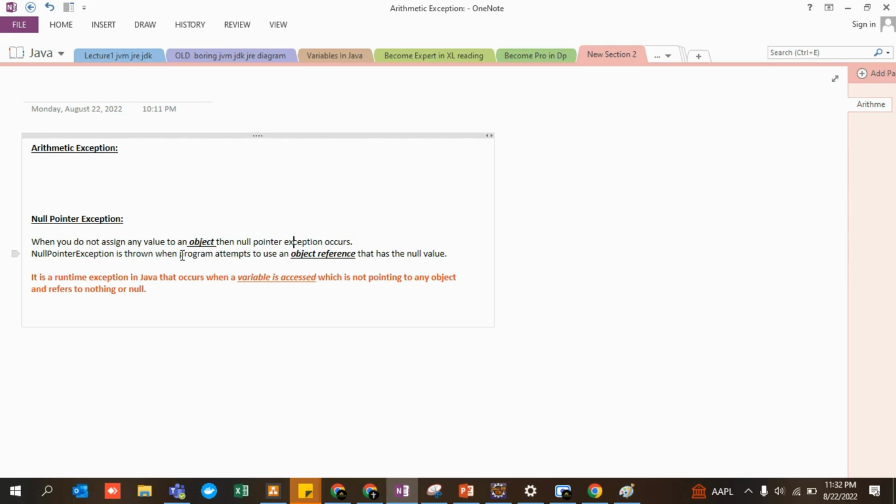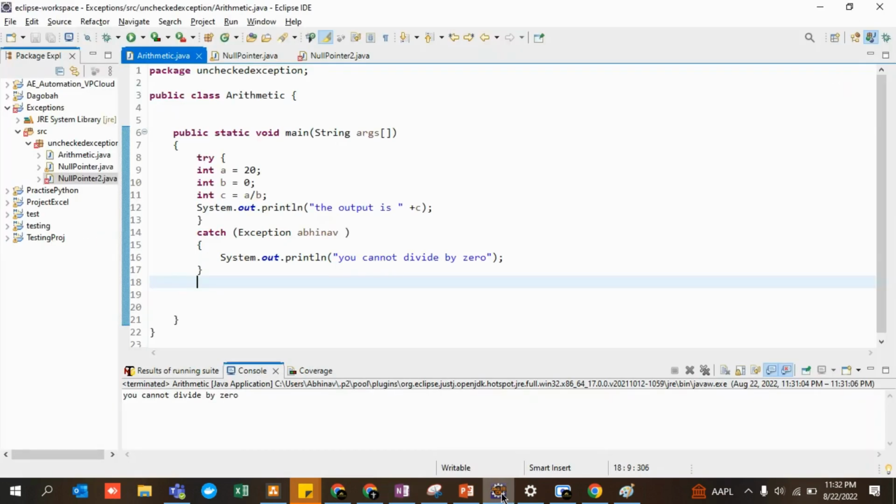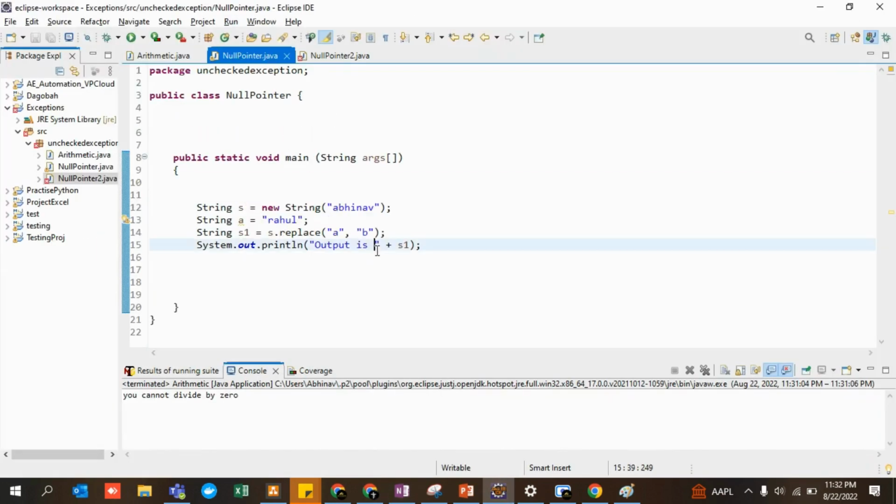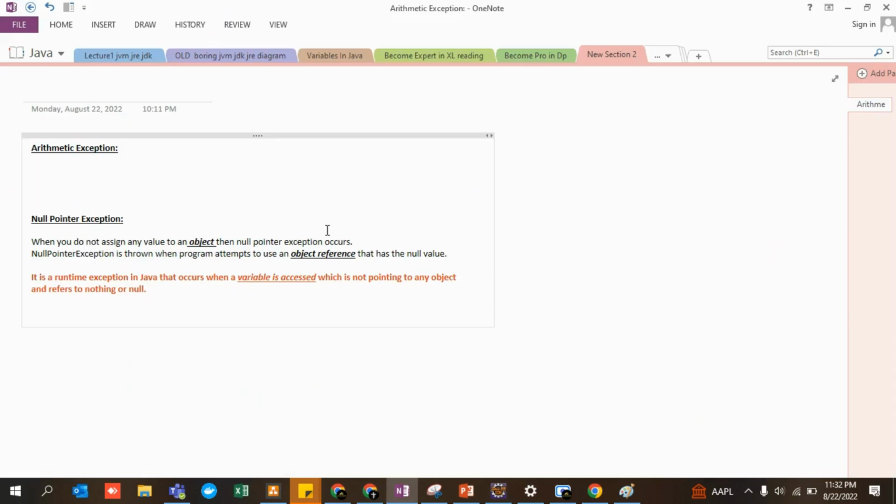It is also thrown when a program tries to use an object reference that has a null value. So what do these lines mean? Let's discuss it with the help of an example. What is our definition saying? First read it: when we do not assign any value to an object.